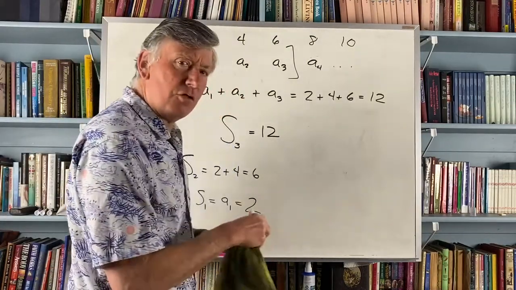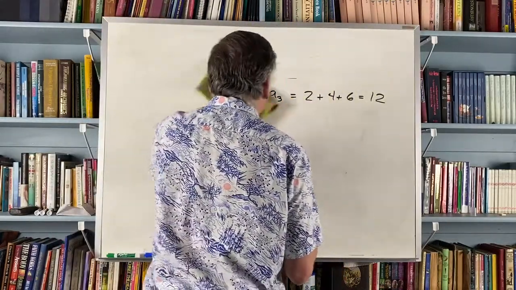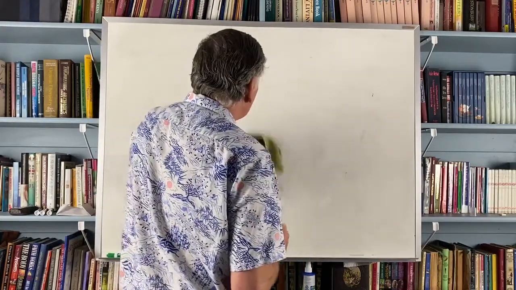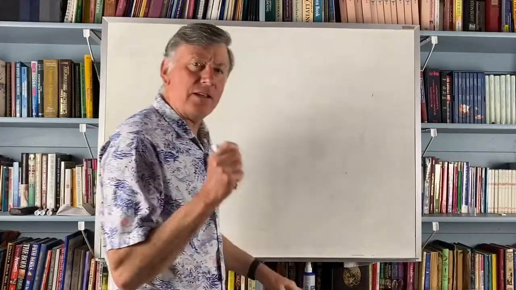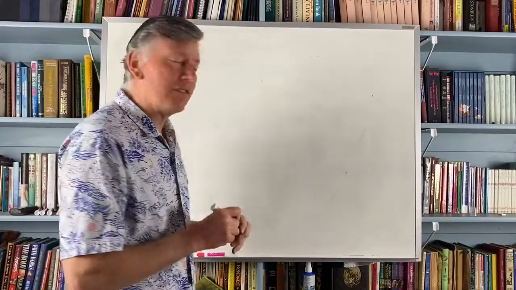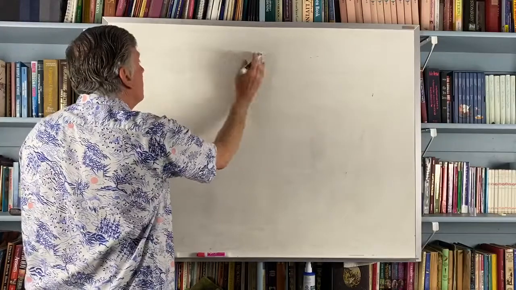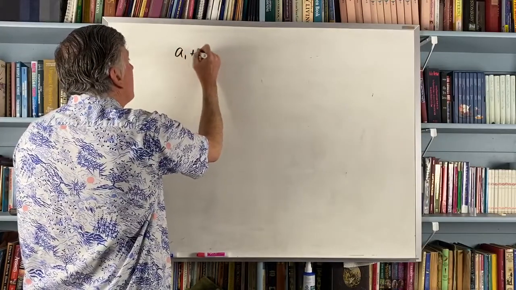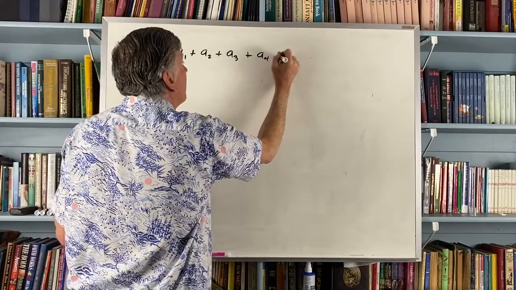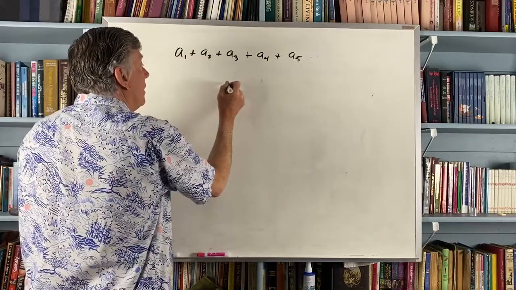We have a special notation for this kind of thing because, I think, mathematicians don't like to write a lot. They like their pencils to last. They like the ink in their pens to last. And so instead of saying A1 plus A2 plus A3 plus A4 plus A5, they come up with